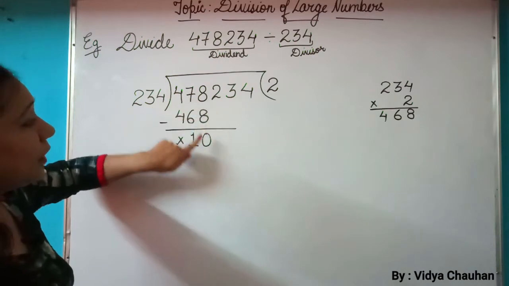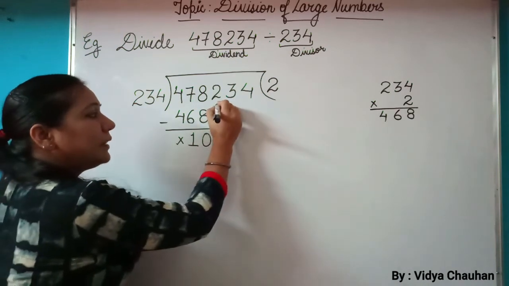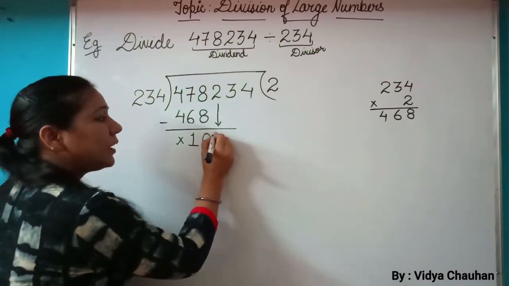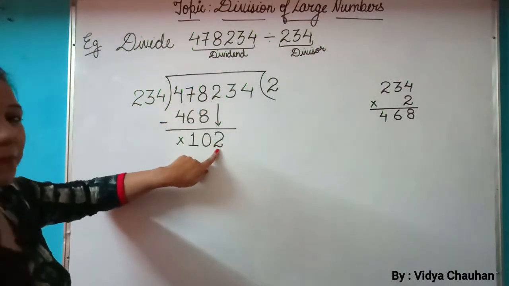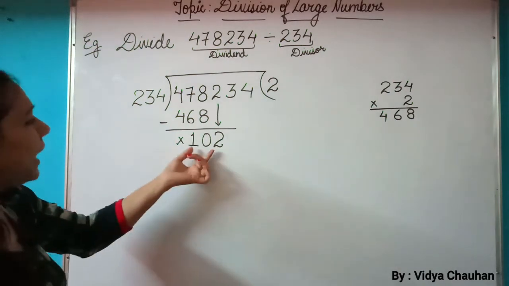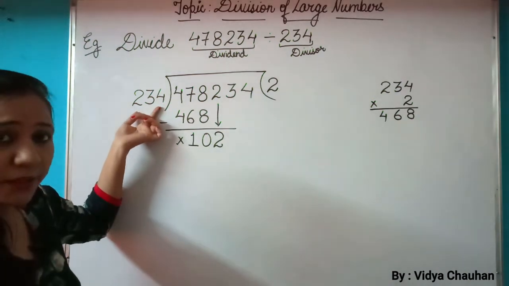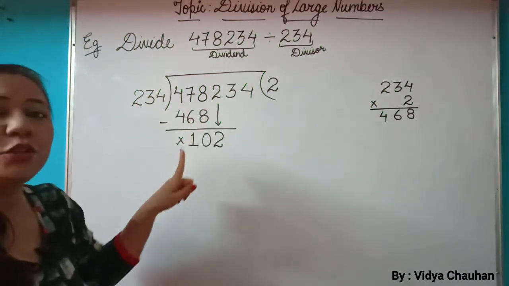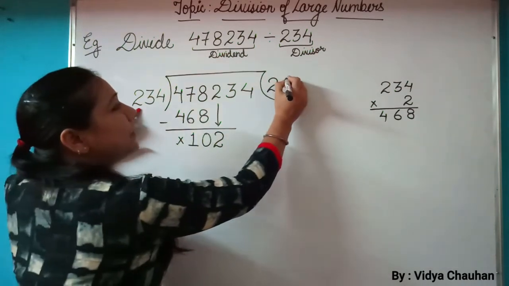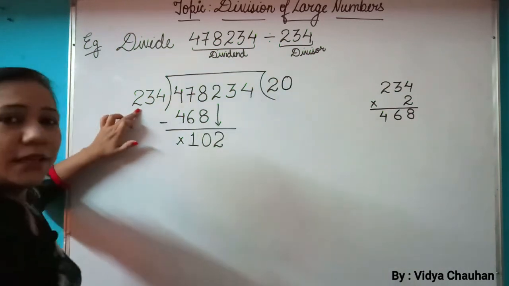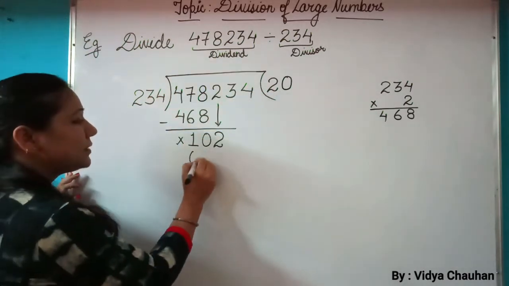Now, what is the division rule? Division rule says that once we have completed the first step, then one digit will come down. So we can bring down the digit 2 at this place. Now the next is, can we divide 102 with 234? Sorry, but it's not possible because 234 ones are 234, which is more than 102. So what you will do, you will multiply it by 0. So 234 zeros are 0.